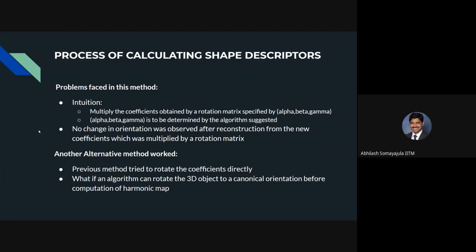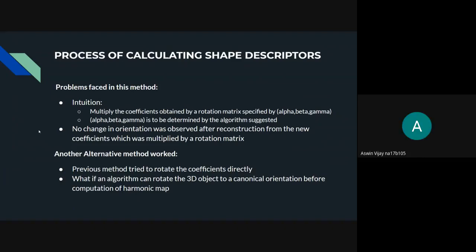So at the end of the day, it needs a way to represent the object that is invariant to rotations. Now, if I start my object off in different initial orientations, I find that the coefficients that I obtain are not unique. So is there a way, after I have gotten the coefficients, that I can transform them so that they are all invariant? That is the question he is trying to answer.